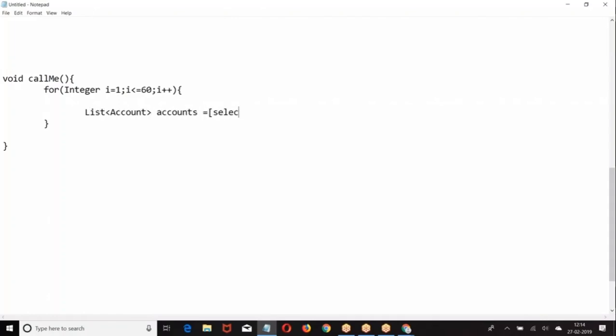Okay. Next. Now, I told you, within a method, how many times will the SQL query run? 60 times it is going to run. And it is calling a method called show. Now, how many SQL queries are running in the call me method?